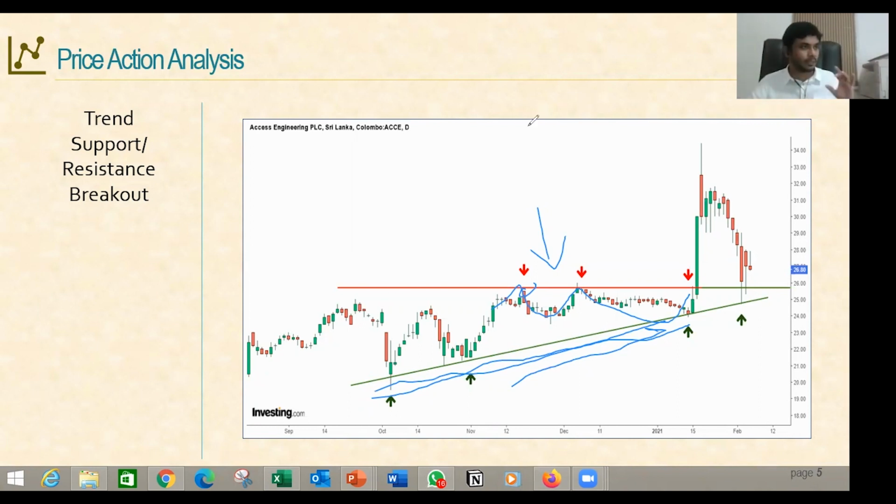However, to keep the subject focused on support and resistance levels today, you can see in this case, finally the price starts to break above the resistance level from that trend support, and the resistance level is breached, and we see some big price reaction from 26 to 34. But then again, price starts to slow down, and even during that slowdown, we see the previous trend support having some support again. However, the previous resistance level did not act as a support.